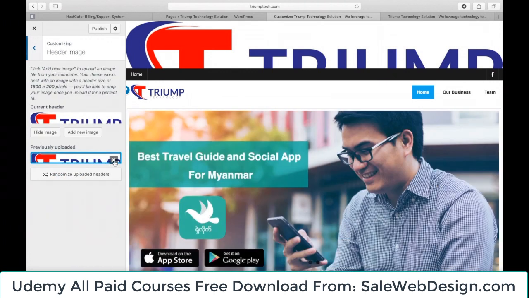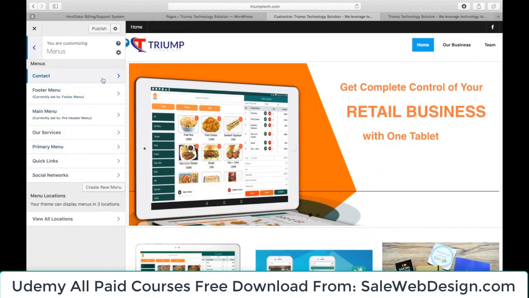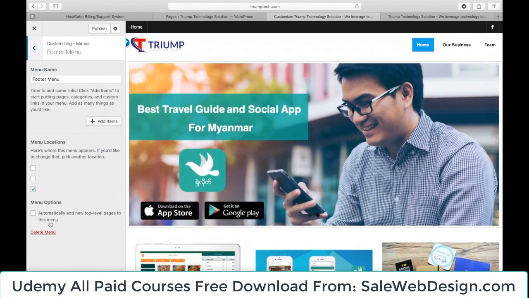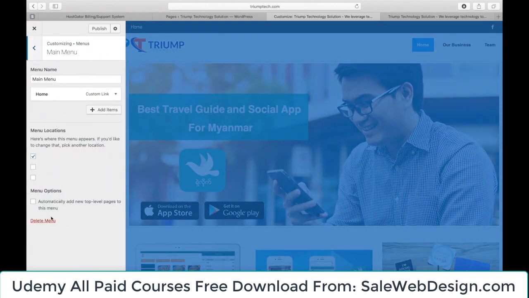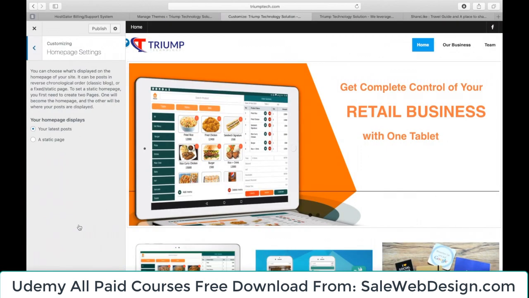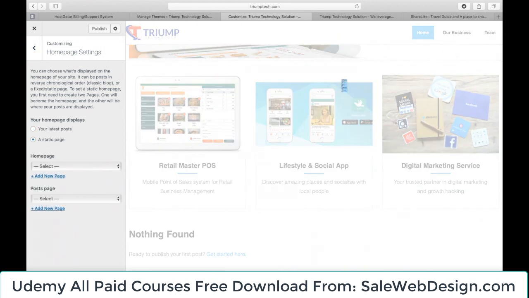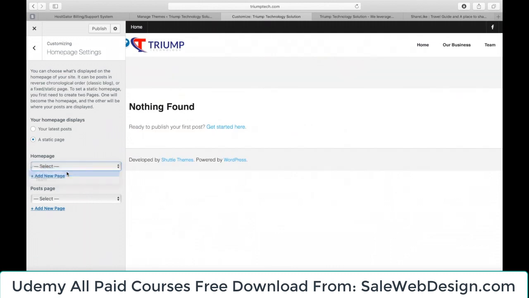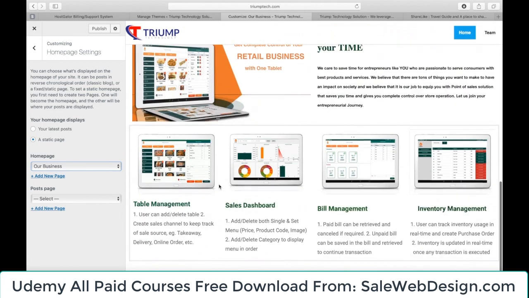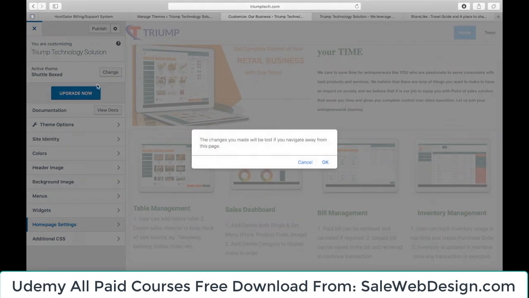Let's first remove this one first and go back, and here you can have a look at the menus that are already in place, but we'll delete these menus because these menus are from previous websites. I will delete all of them. So now we're going to create a page to display on our home page. Here we can select the menus from above to display it here, but we don't want that. We want special page to display in this home screen. So what we want to do is we want to go back and